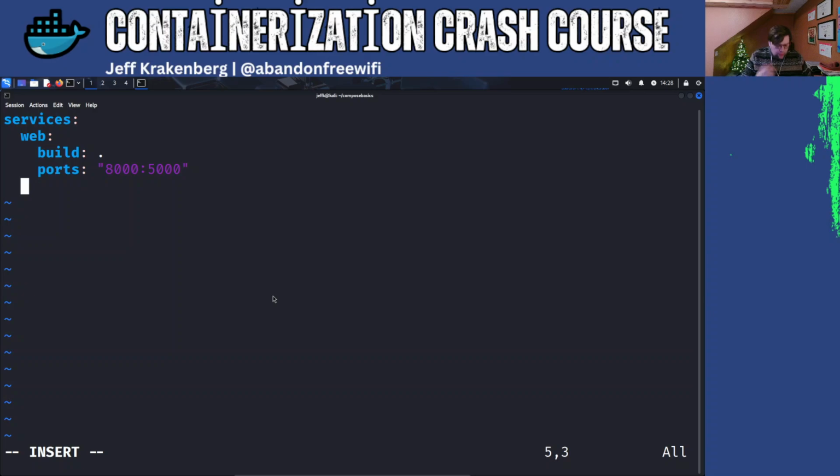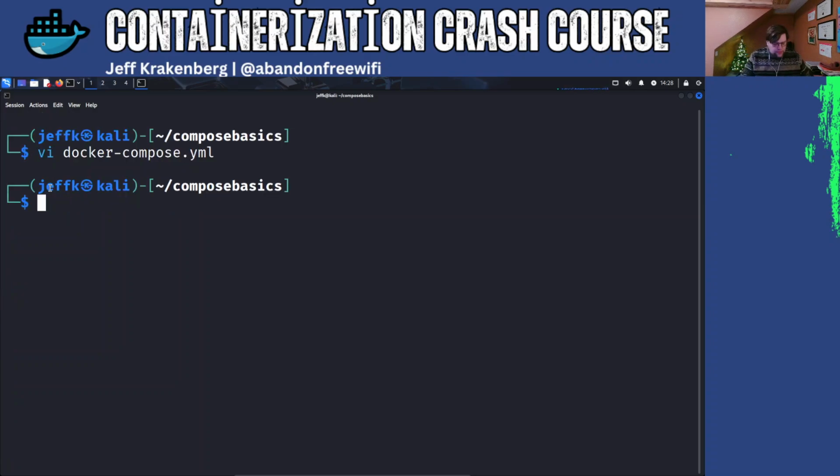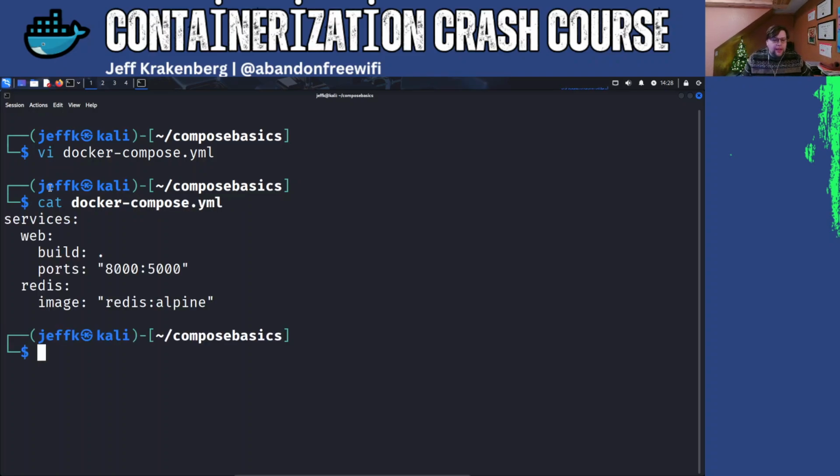Now I need to give it what it's working with. It's going to work with Redis, and it's going to use the image of Redis Alpine, which is a lightweight Linux thing. I don't want to go deeper than that today. But essentially this is saying, hey, you're in charge of my web service, and you're in charge of my Redis service. If I go ahead and escape :wq to write quit those changes, I can cat my docker-compose.yml to see